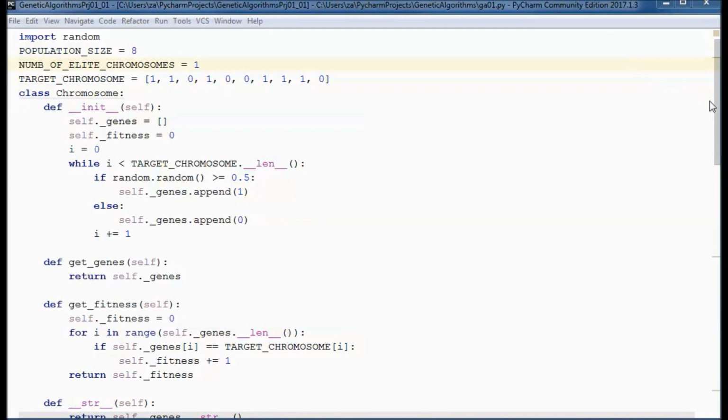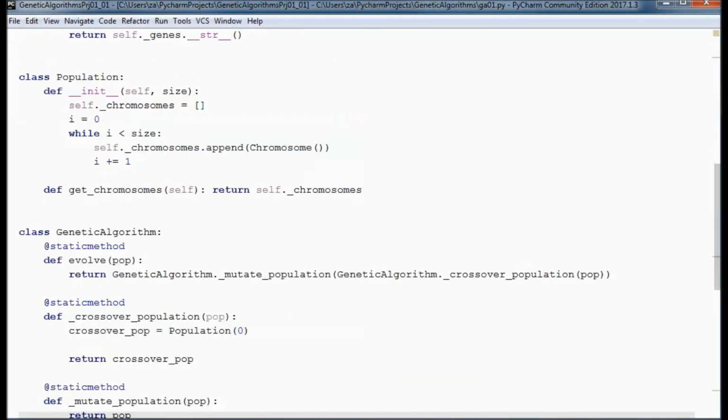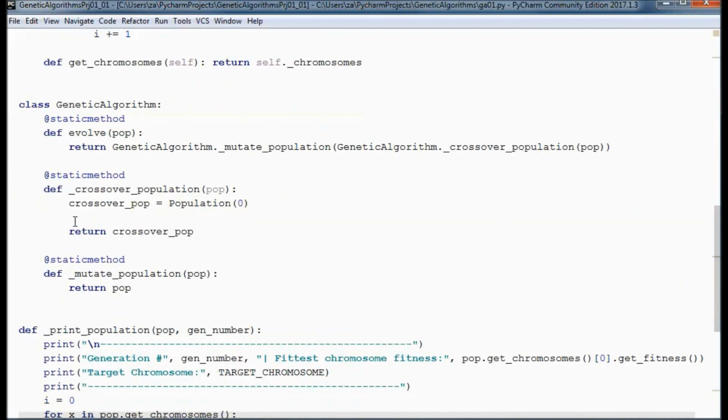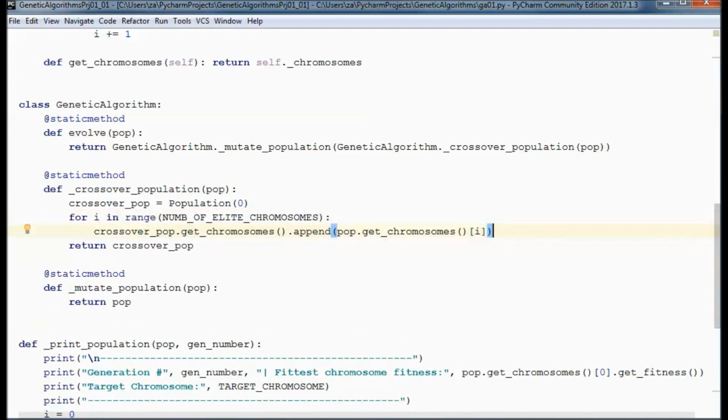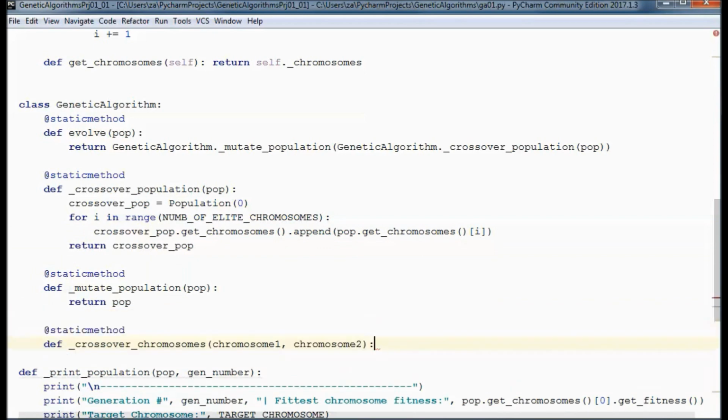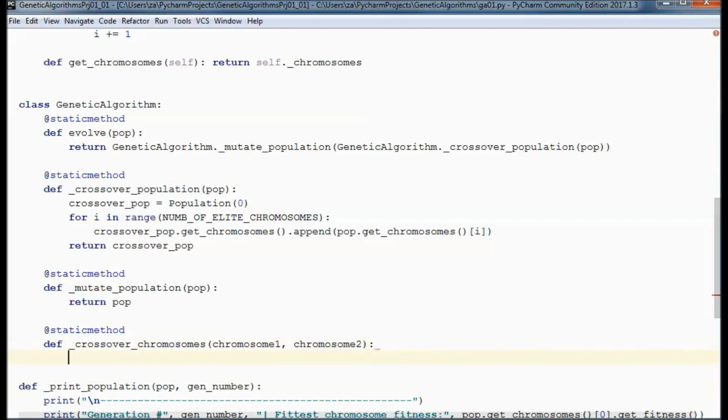So now going back to the crossover population method, we will move those elite chromosomes as is to the new population, and the crossover population will end up calling this crossover chromosome method for each chromosome in the population.